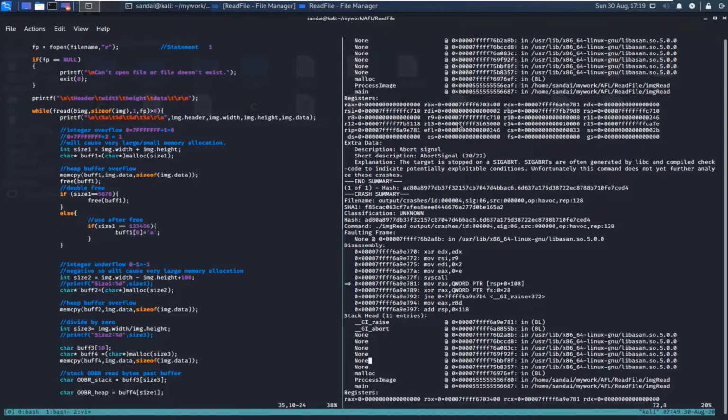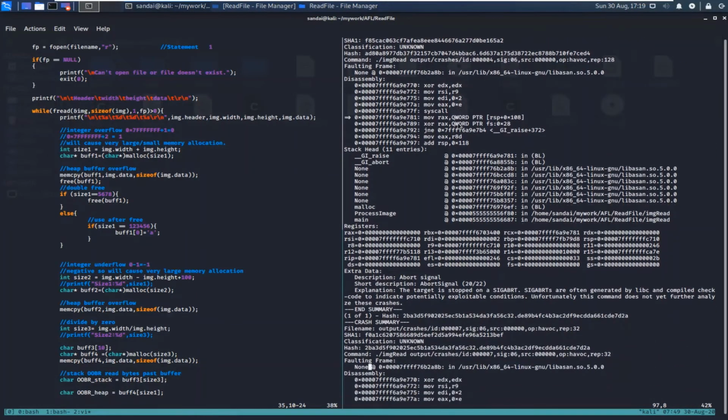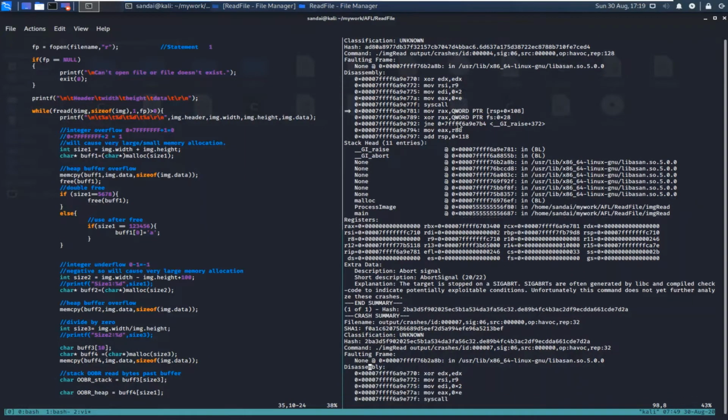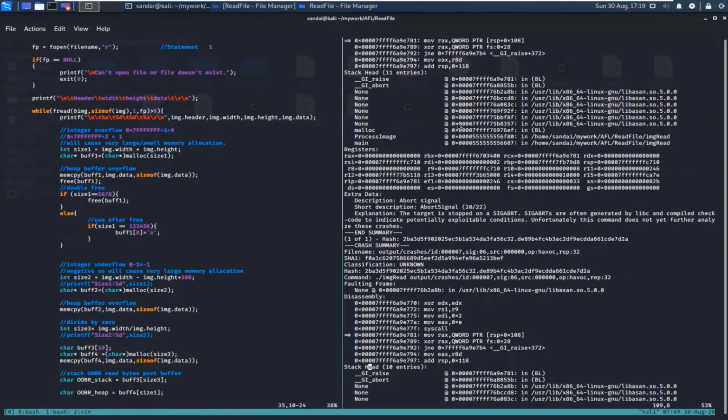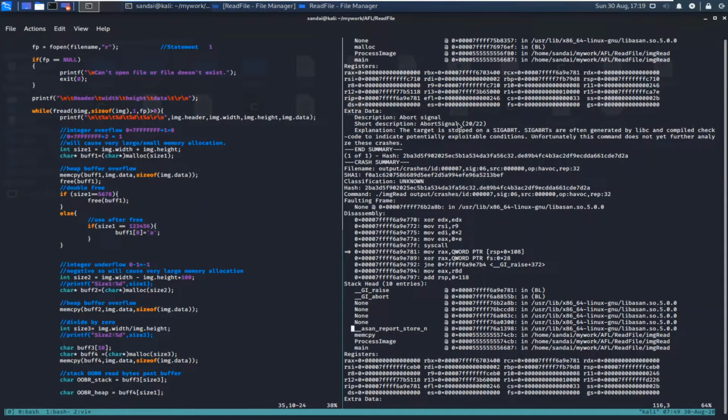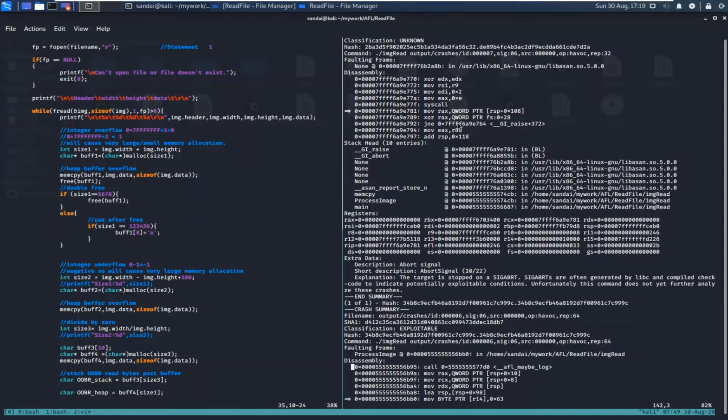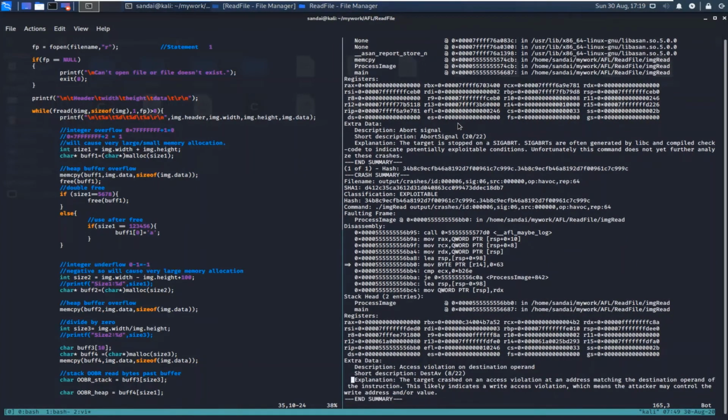Then the second file is ID 4. This is the disassembly, this is the call stack, and this is again malloc. So it might be related to integer overflow or integer underflow. As I showed you in the previous video, we'll analyze it again. The third one is in memcpy, and that file is ID 7. For the fourth one, we don't have details over here. Okay, and you can see that it has used the exploitable script and classified this as exploitable. So we will analyze this further.